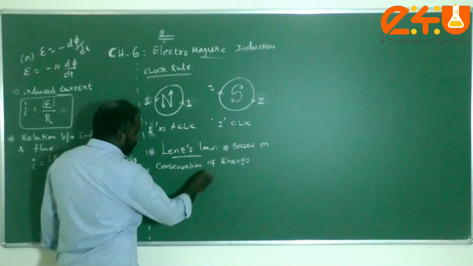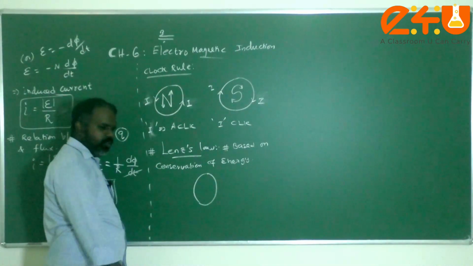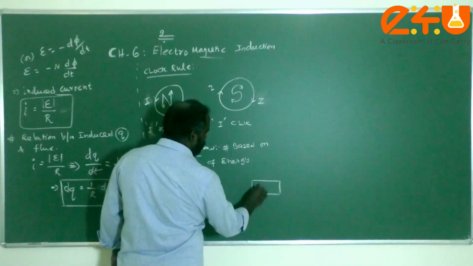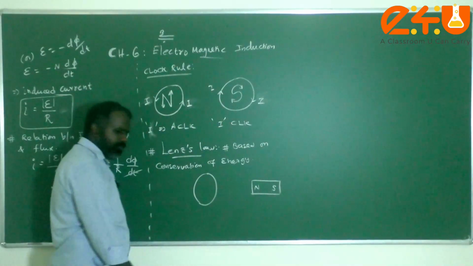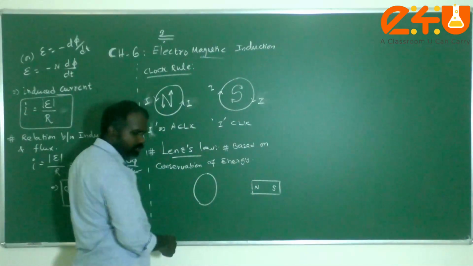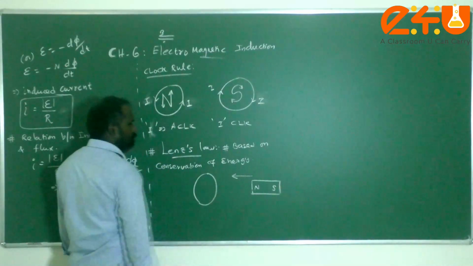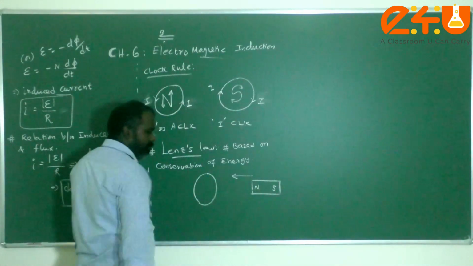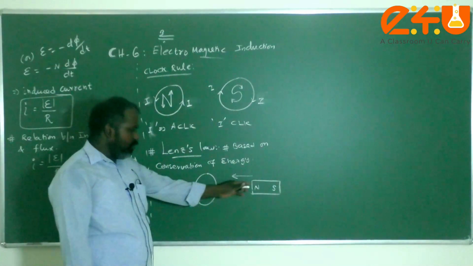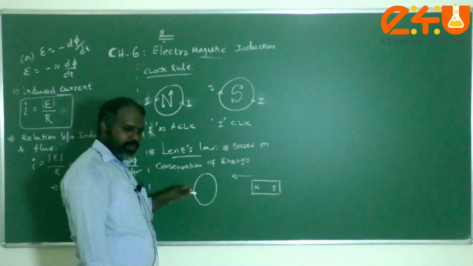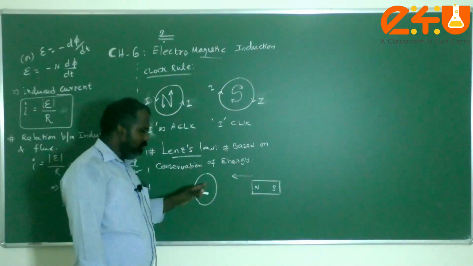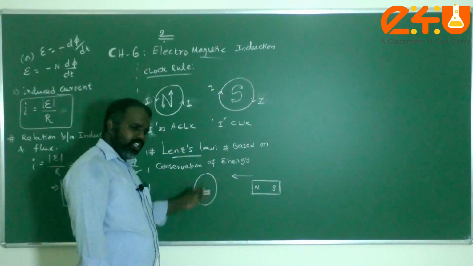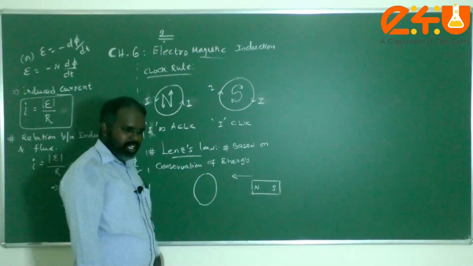Let us assume that there is a closed loop or a circular coil. Suppose a bar magnet with its north pole is facing towards it. When it is moving towards the coil, that means I am using some external force to move the magnet towards the coil. If there is no opposition, then due to this motion, as we discussed in experiment 1, when there is relative motion between the coil and the magnet, what will happen, children? Yes, flux will change and it produces EMF. If it is a closed loop, then induced current will be produced.